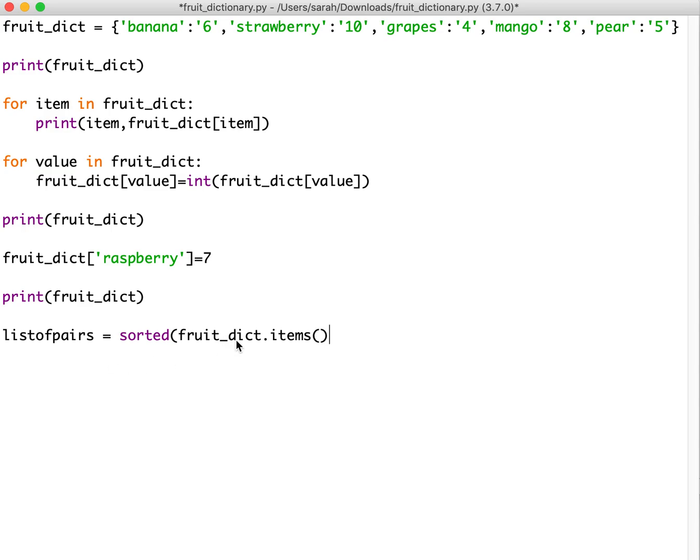So we've got the items from fruit dictionary, and then I'm going to type in a little bit of code that says key equals lambda x colon x[1], and what that basically does is it takes each element, each key, and its value. Okay, so then if we print the list of pairs now,